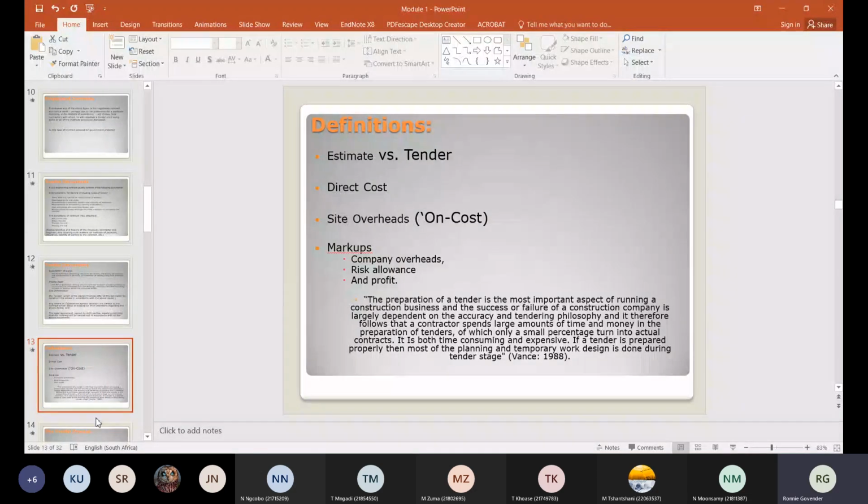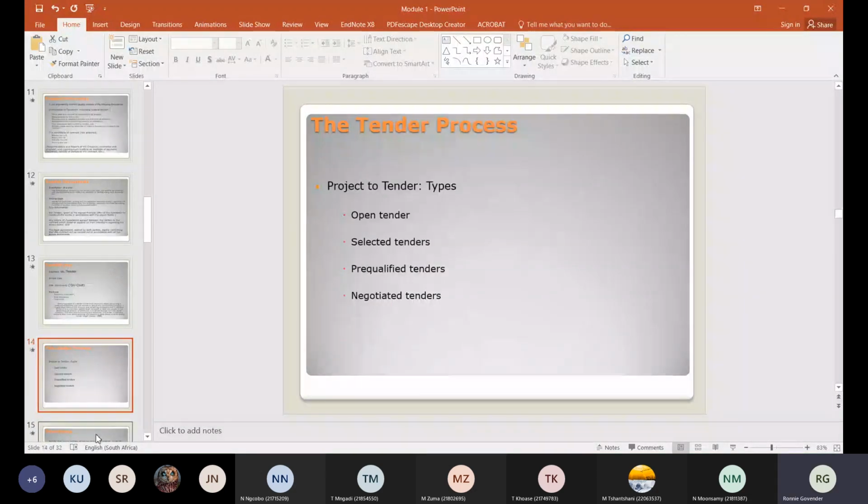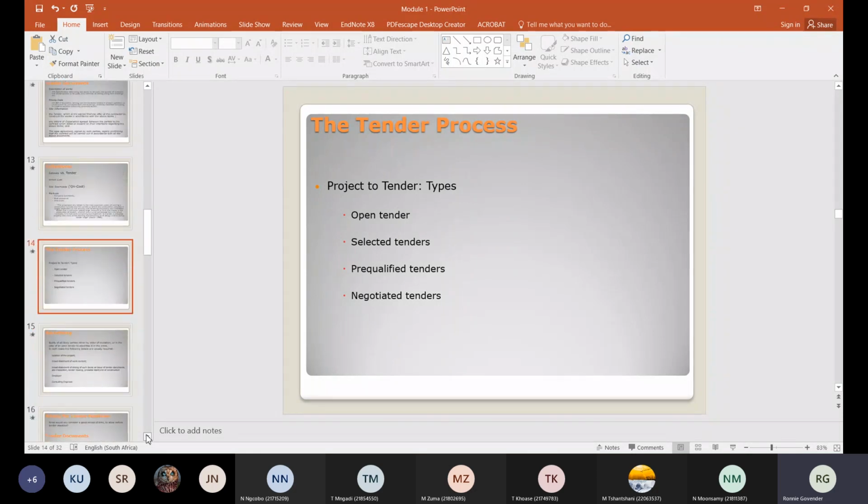Right, then you get various types of tender processes. The first one being open tender. Open tender means anyone and everybody is allowed to tender on that. Open tender is where you advertise in the paper or on the internet or somewhere, and everyone can, but not all will be considered for adjudication. Obviously, you get some fly-by-nights or some chances that you're immediately disqualified.